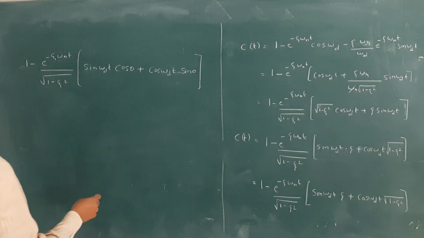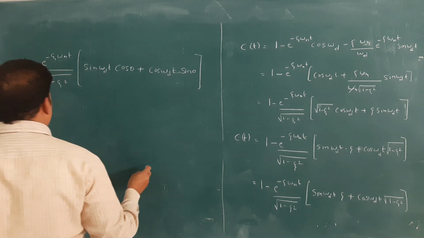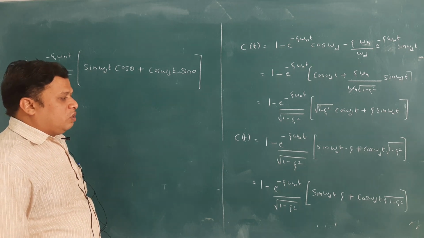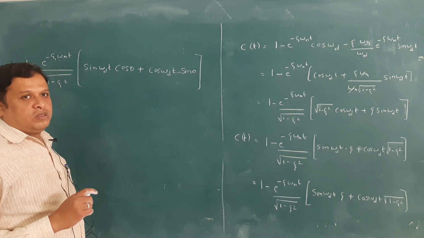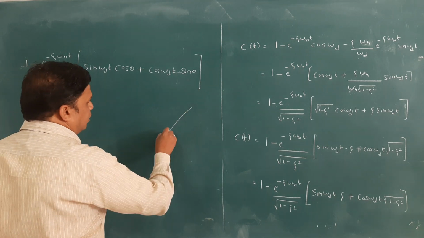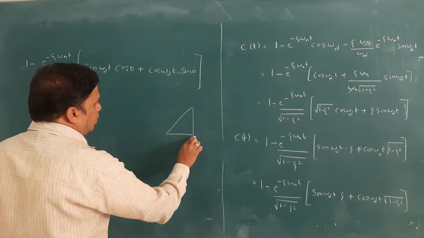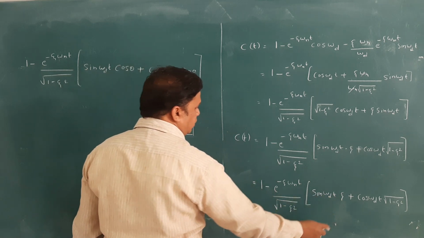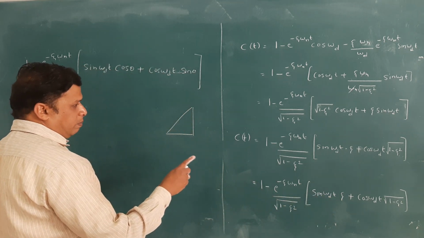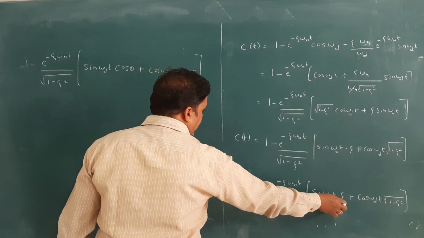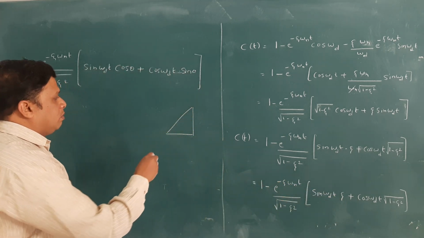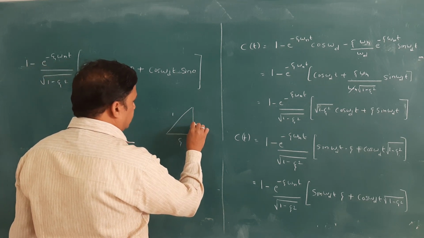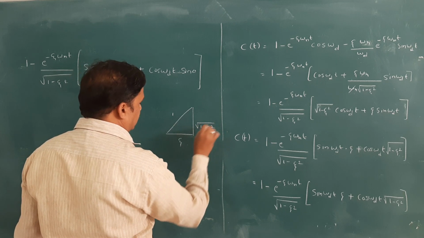So if you see here, if you are taking zeta on one side, you are getting square root of 1 minus zeta square. What is square root of 1 minus zeta square? Because you will be getting the hypotenuse. Okay, if you take this triangle, what is cos theta? Cos theta is equal to zeta, you are writing zeta by 1. Zeta by 1 means adjacent side to theta by hypotenuse, then this one will become 1 minus zeta square.